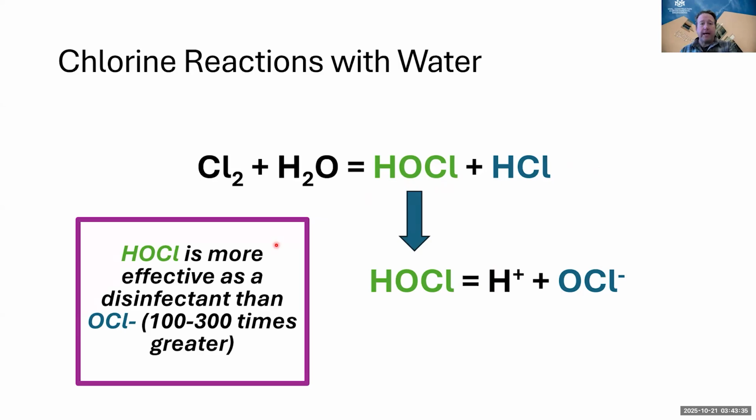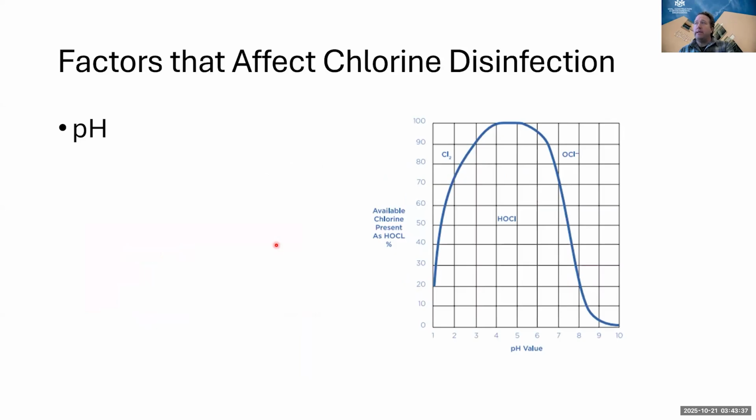And so we want to maximize our ability to have more hypochlorous acid formed than the hypochlorite ion. And so the biggest factor in that is pH. And you can see that at more neutral pHs and more acidic pHs, you get more hypochlorous acid forming. You know, at a pH of 7, you're getting over 70% of the solution is going to turn into hypochlorous